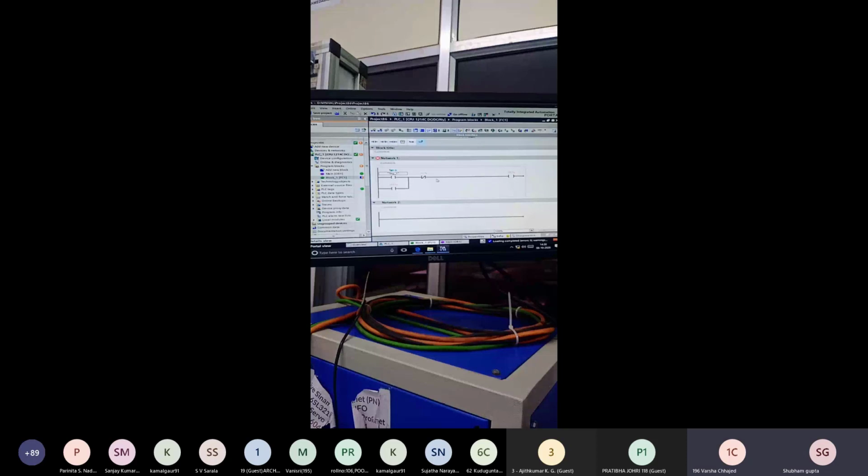We use the push button I0.0 for NO. When we press it, it goes on, because the NC switch is for the stop circuit. And there is the output Q0.0.